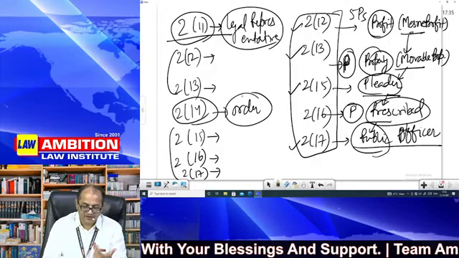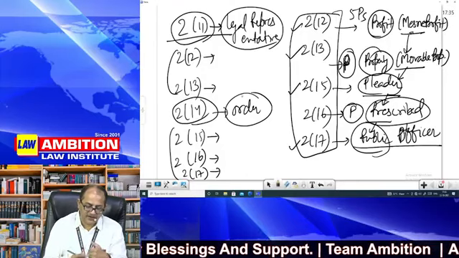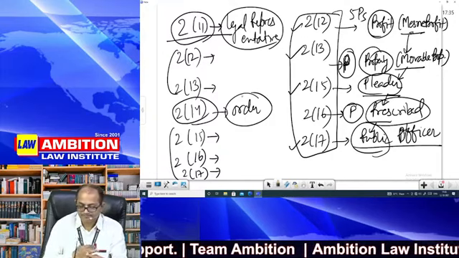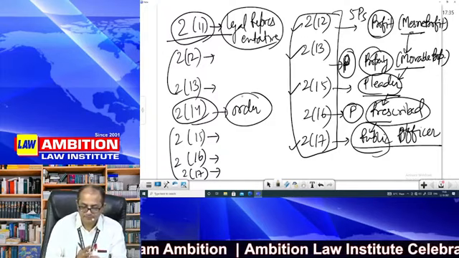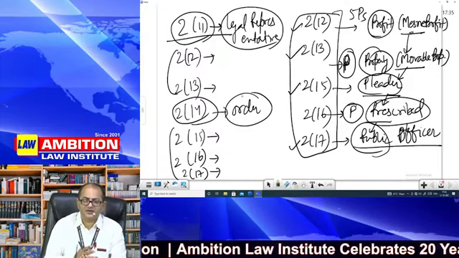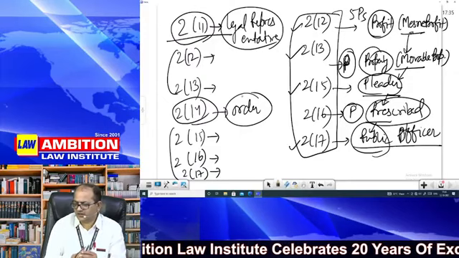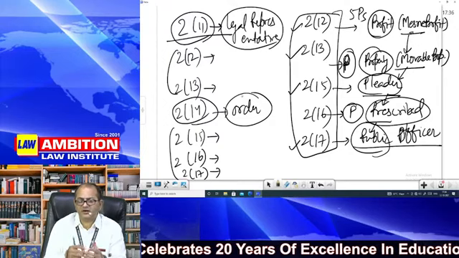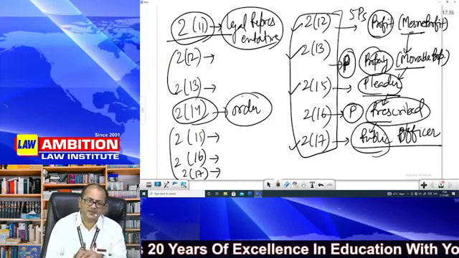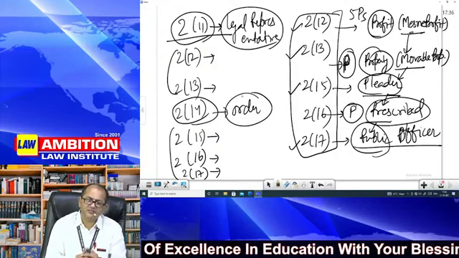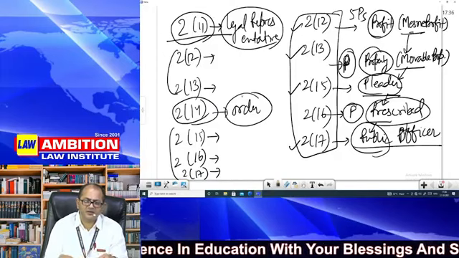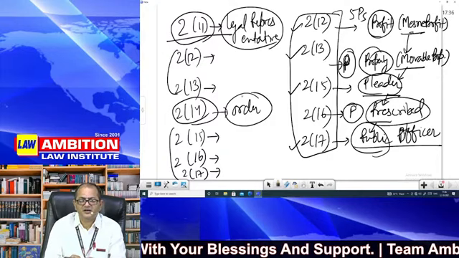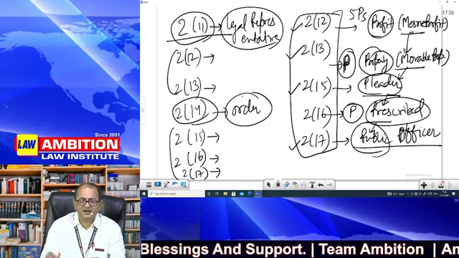11 and 14 is basically law and order: legal representative. L for legal representative and 14 is for order. Now order is order of a court. Court will give many orders in between. When the suit is decided, there will be order of costs, order for amendment of pleading, order for joinder of party, order for producing some document, order for discovery, inspection, order for summoning. So there may be many orders of the court.